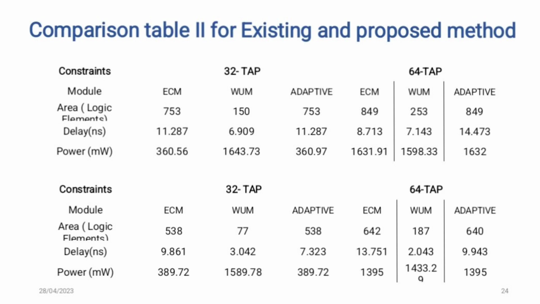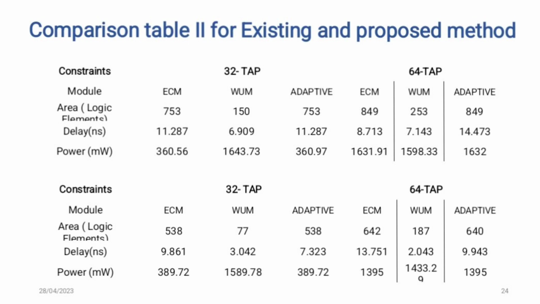The power acquired in the 64-tap adaptive filter is 1395 milliwatts, whereas in the existing system it's 1632, where it is reduced by 300. And the process can be repeated for multiple inputs, such as 128 taps, if you require. As I have practiced this method